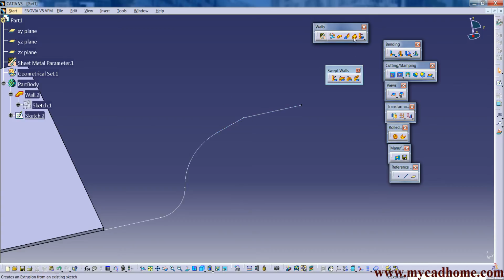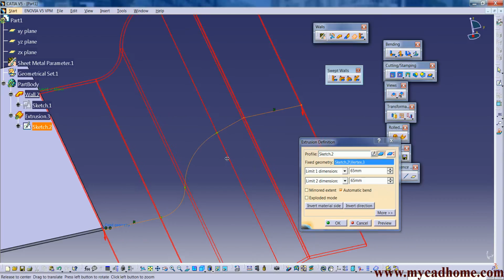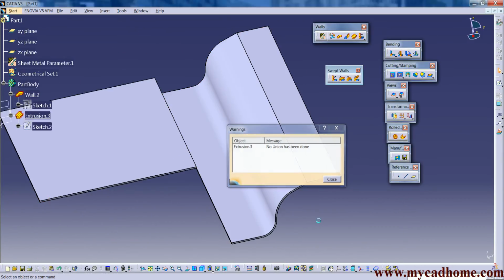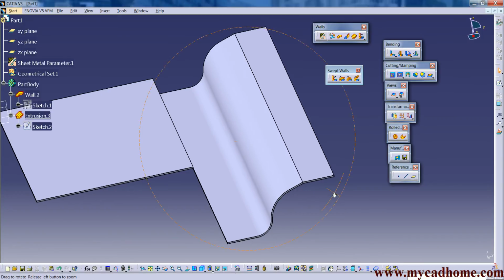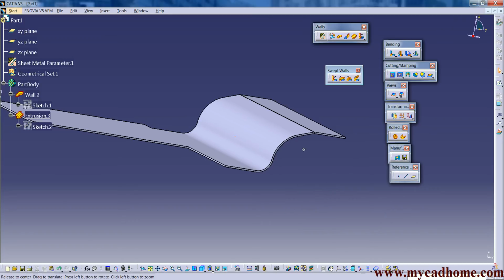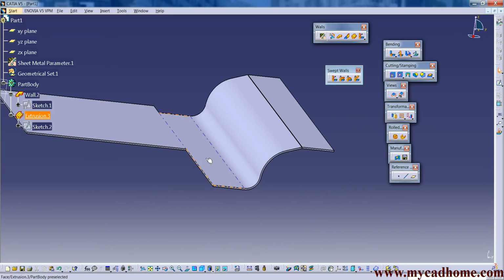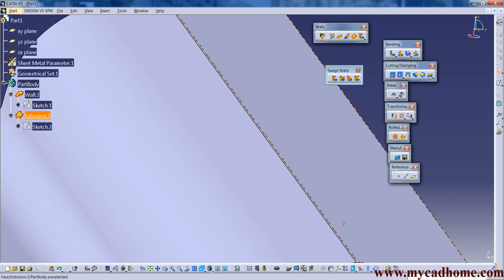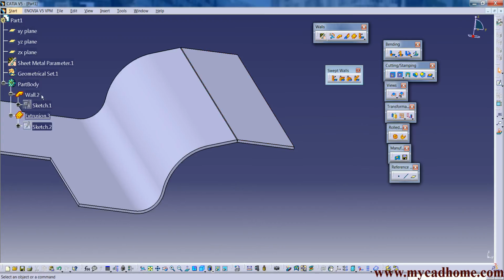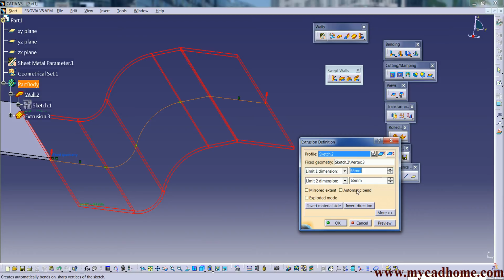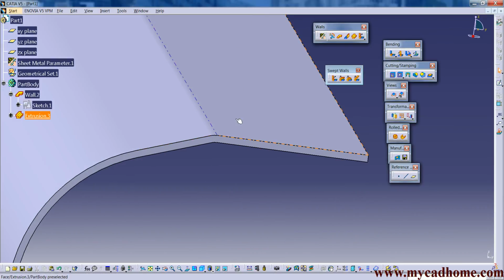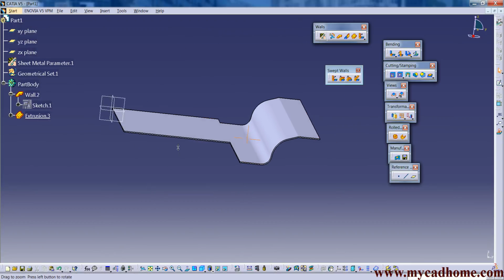But if you don't want the radius, then in that case just click on that and untick the automatic bend. Now you can see no union has been done. Again here it's the same problem on the input side. Okay, now you can see on all the faces the bend radius is counted, but on this edge the bend radius is not counted, meaning it is not smooth. In this case make sure to tick automatic bend, so that this smooth curve will form.